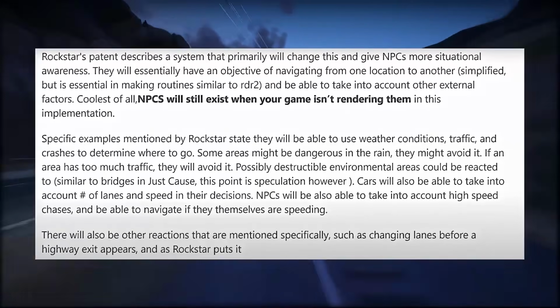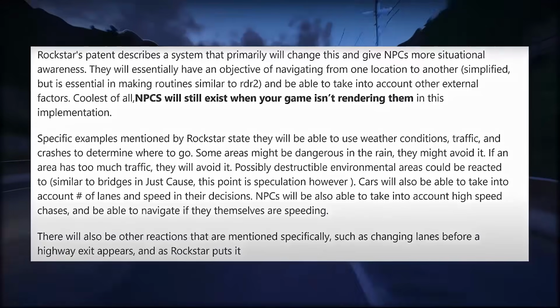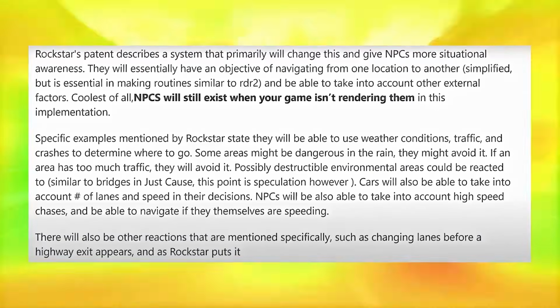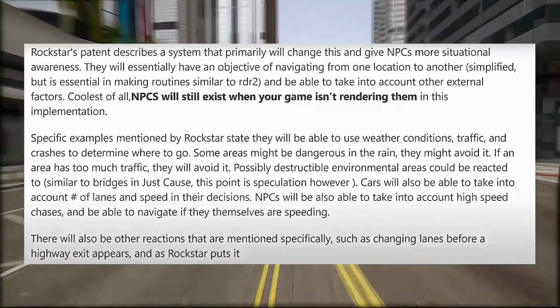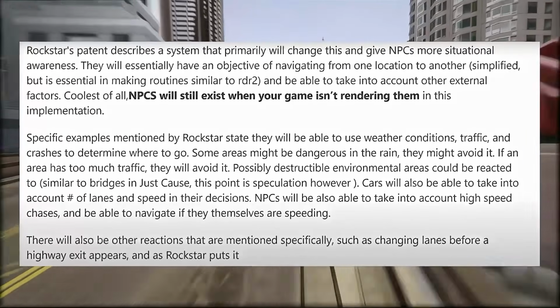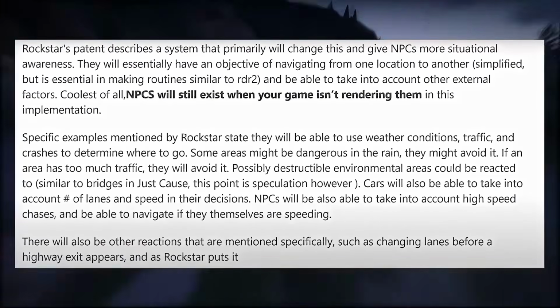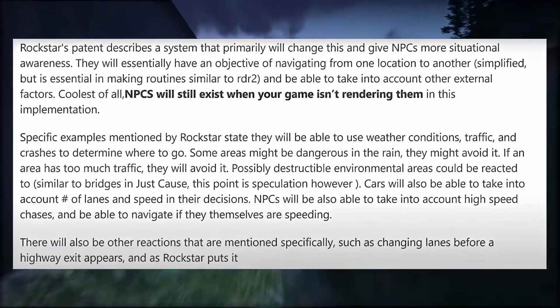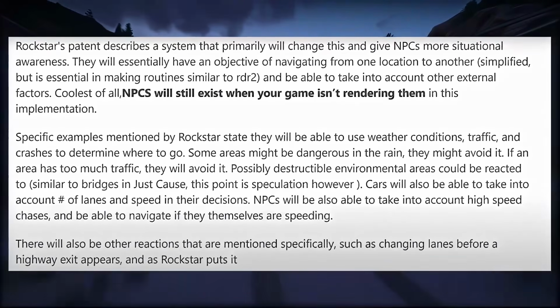If an area has too much traffic, they will avoid it. Possibly destructible environmental areas could be reacted to, similar to bridges in Just Cause, though this point is speculation, however. Cars will also be able to take into account number of lanes and speed in their decisions. NPCs will also be able to take into account high-speed chases and be able to navigate if they themselves are speeding. There will also be other reactions that are mentioned specifically, such as changing lanes before a highway exit appears,